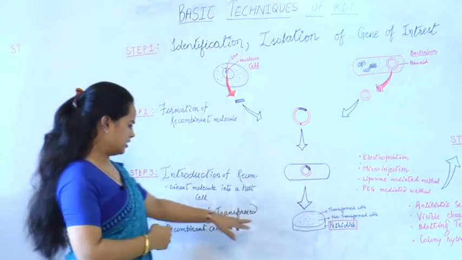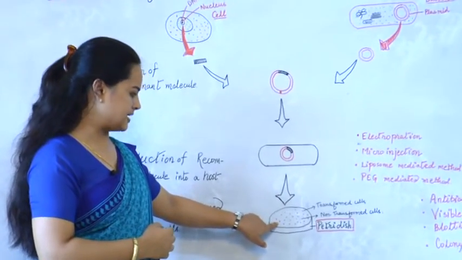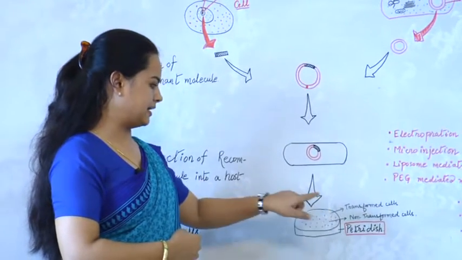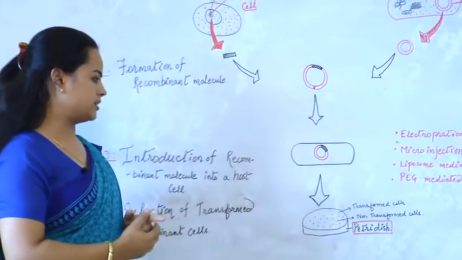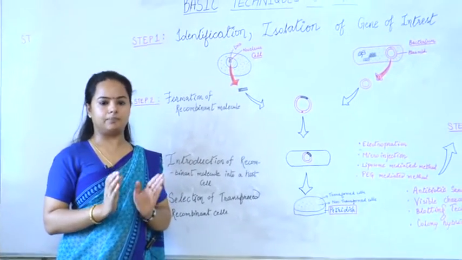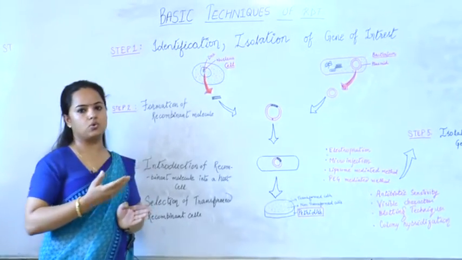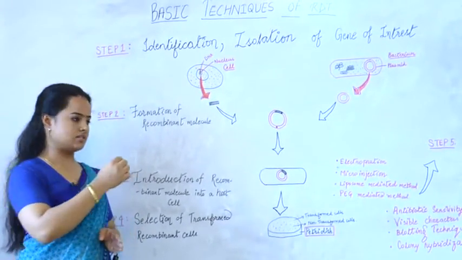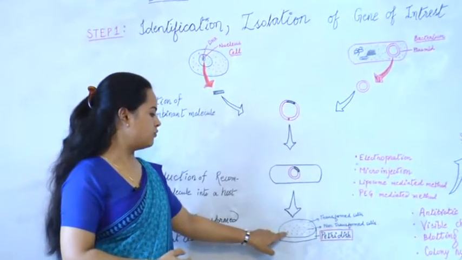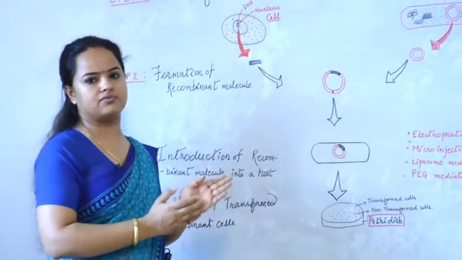In this petri dish we can easily see that 2 types of colonies are visible. One is a transformed cell, in red color, and another is a non-transformed cell, which means the host bacterium did not take up the required gene and is just using its own machinery. It is just a normal bacterial cell, not a transformed cell. So we have to isolate the transformed cells from the non-transformed cells.